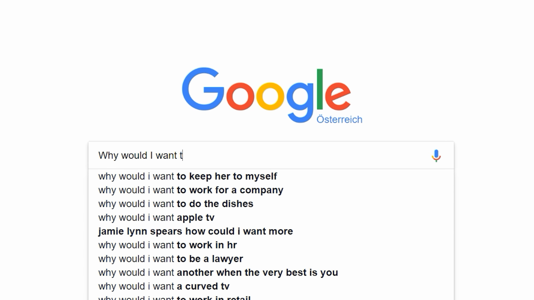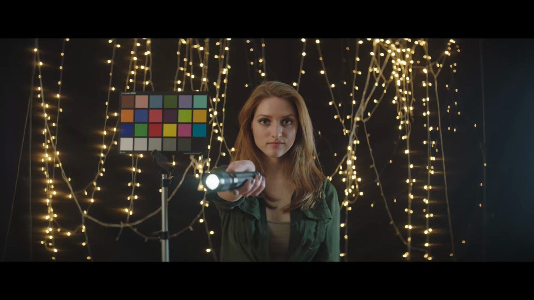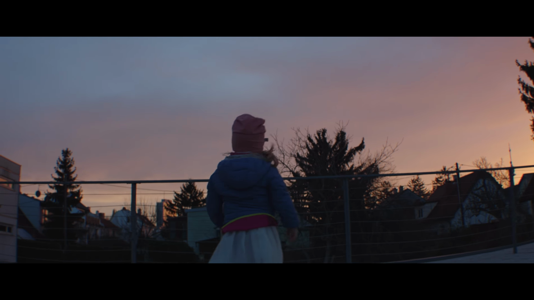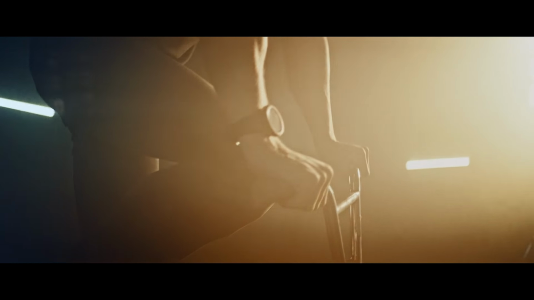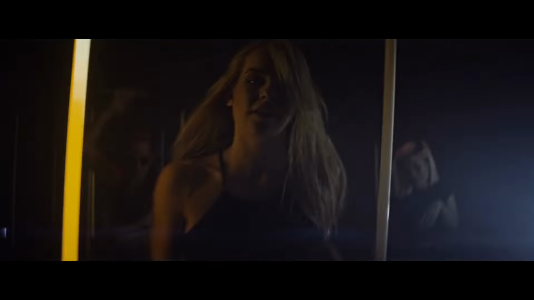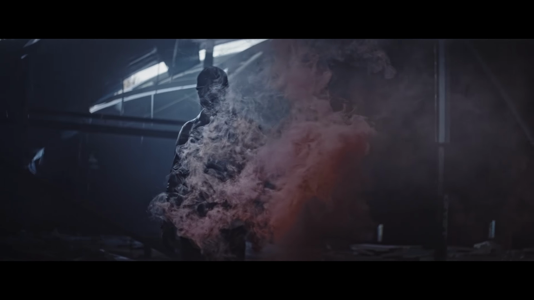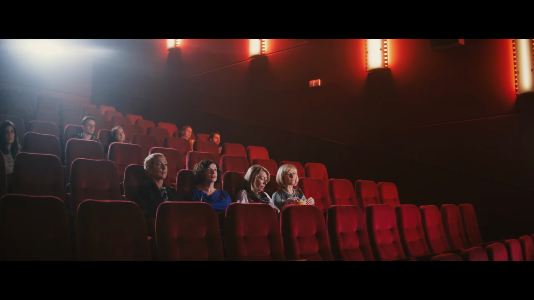Did you ever ask yourself why everybody wants to shoot anamorphic lenses? Well, here are some shots we took with different anamorphics. As you can see, the look is quite distinctive. The widescreen aesthetic, oval bokeh, interesting flares and the unique barrel distortion are things which many filmmakers strive for in